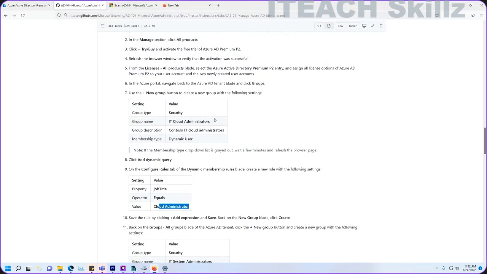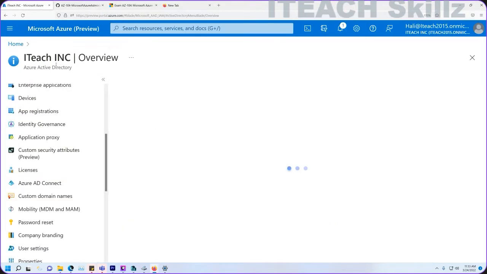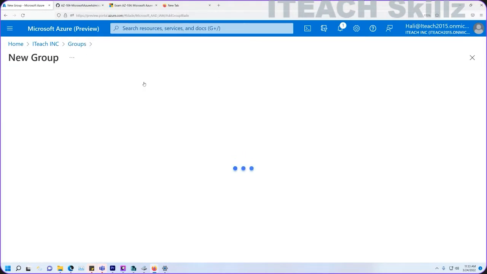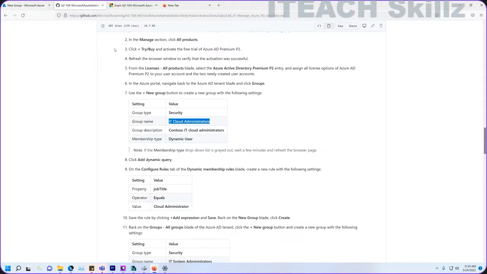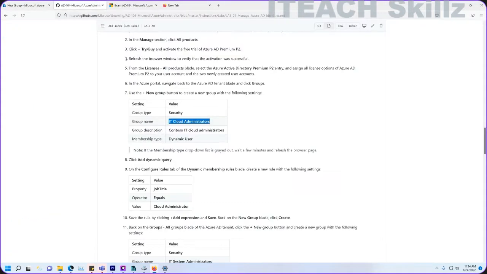So let's go ahead and copy our first group we're going to be creating, and then go to my main page and then click on groups, new group, and then we're going to copy the name IT Cloud Administrator, and then the description will be Contoso IT Cloud Administrator,